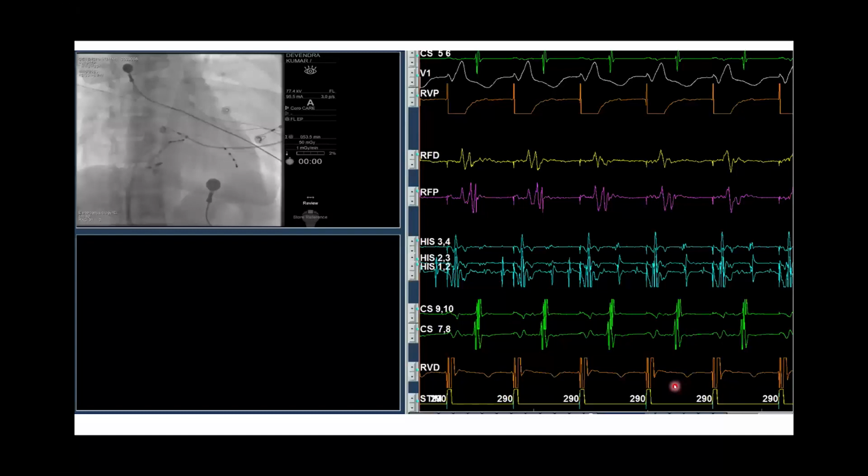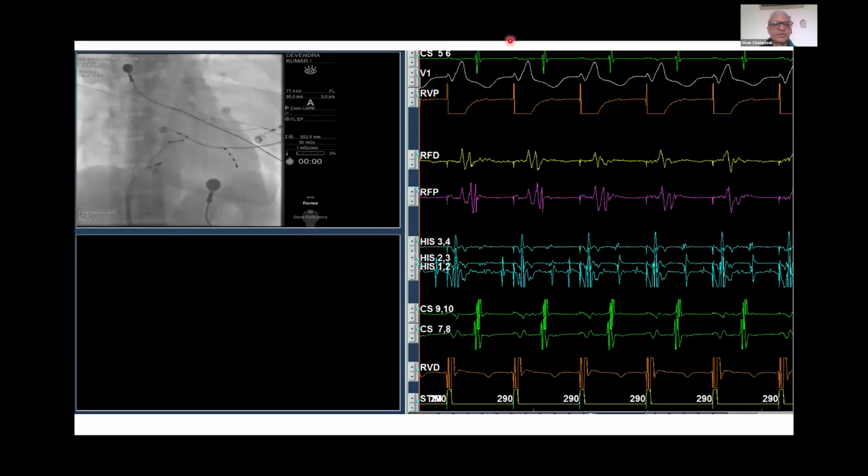Sometimes what you are seeing in sinus rhythm may not be exactly the same ratio of A and V signals when the tachycardia ensues or you start pacing the ventricle. That's right. Absolutely correct. And that, in fact, even,